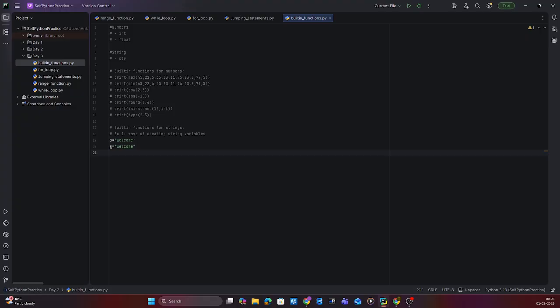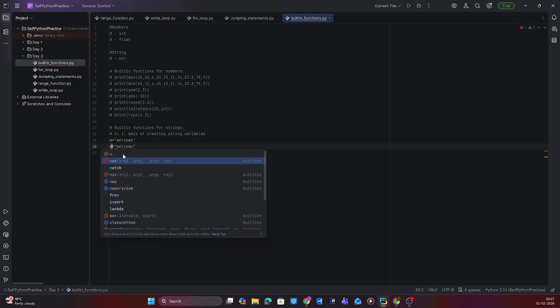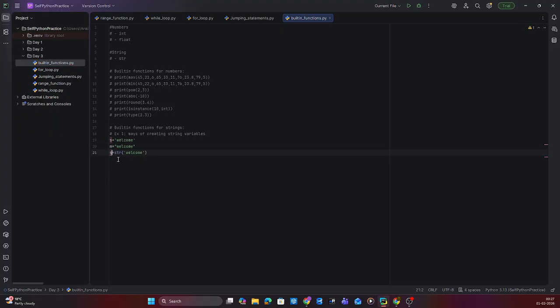Another one is using str and inside single inverted commas. Let me change the variable, otherwise it is going to give us an error. M, N. So if you run this,